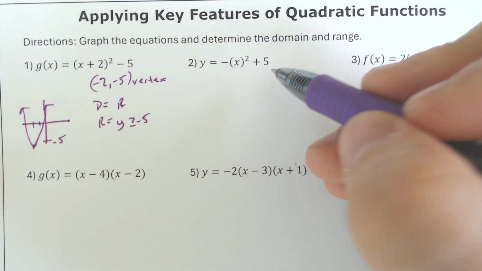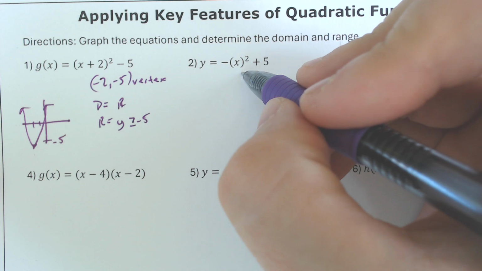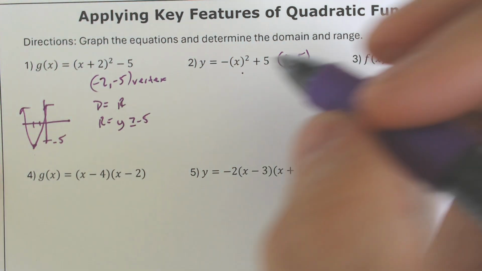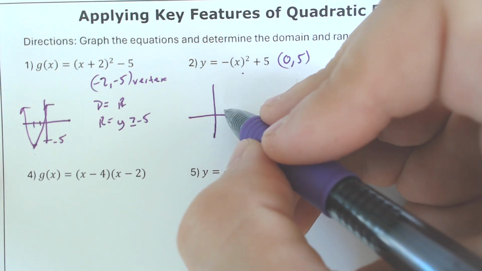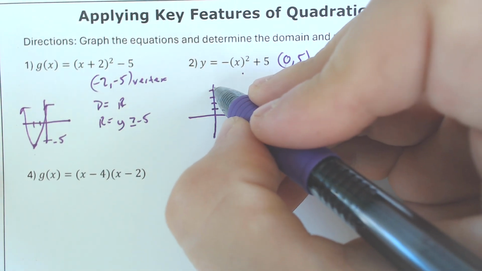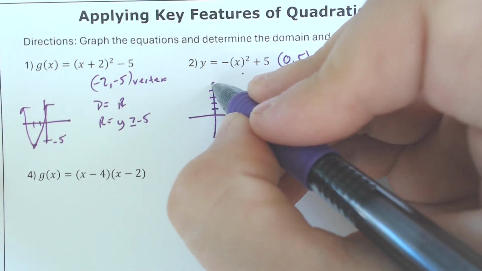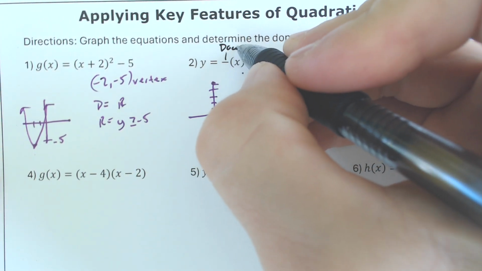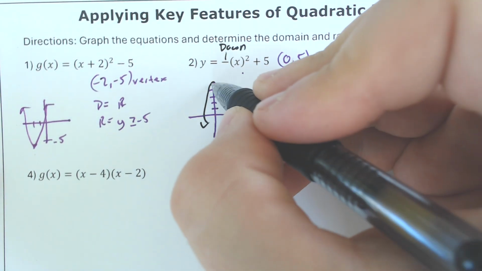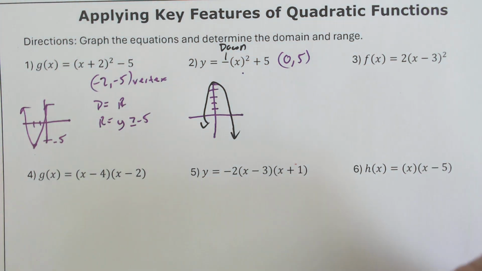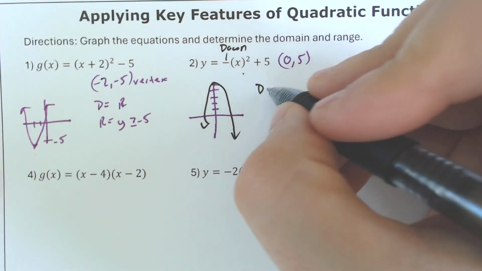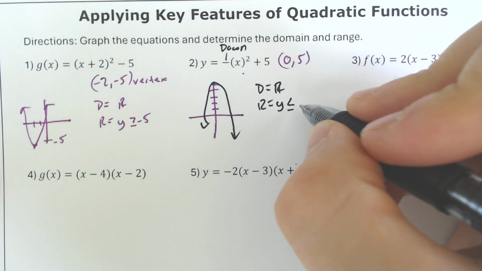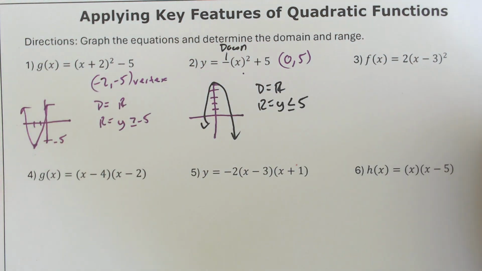It's shifted up by 5. So if we change the sign, keep the sign here, you get 0, 5 for the vertex. And it would be facing down. So 1, 2, 3, 4, 5. It would be a downward facing parabola because it is negative in front. So it would be going that way. And then we have our domain and our range. Our domain is still all real numbers. Our range would be y is less than or equal to 5 because it's going down from the 5,